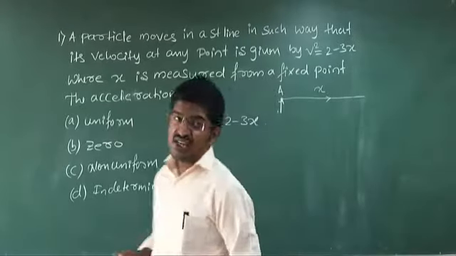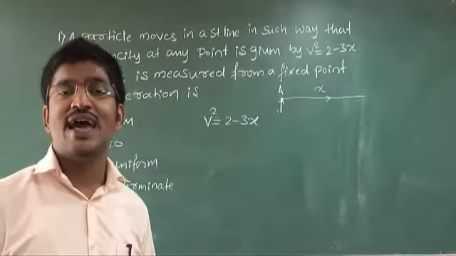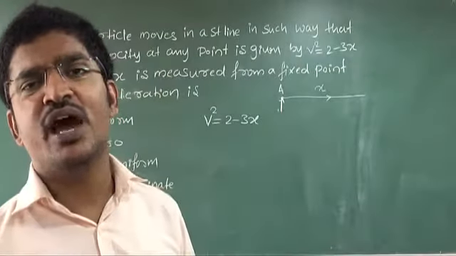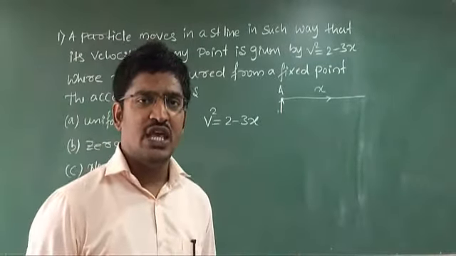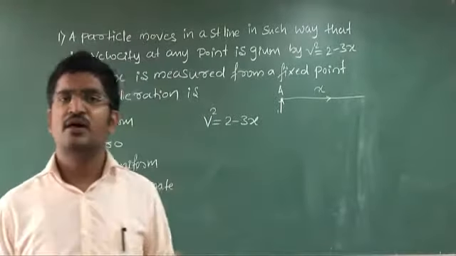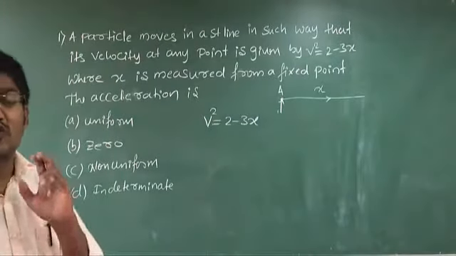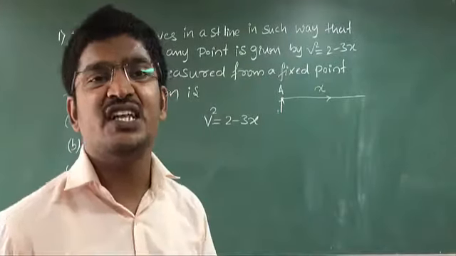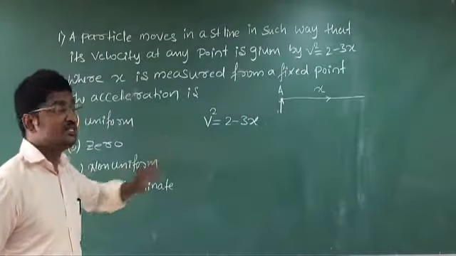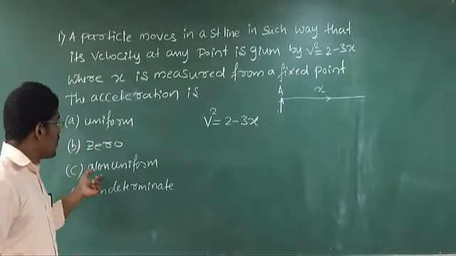Then the acceleration is, so they have given the function of velocity and they are asking about the acceleration. The first thing you must have in mind is that if you have velocity and want to convert it to acceleration, you should differentiate the velocity. That is the first point. In what way they need the acceleration will be given in the options: uniform, zero, non-uniform,